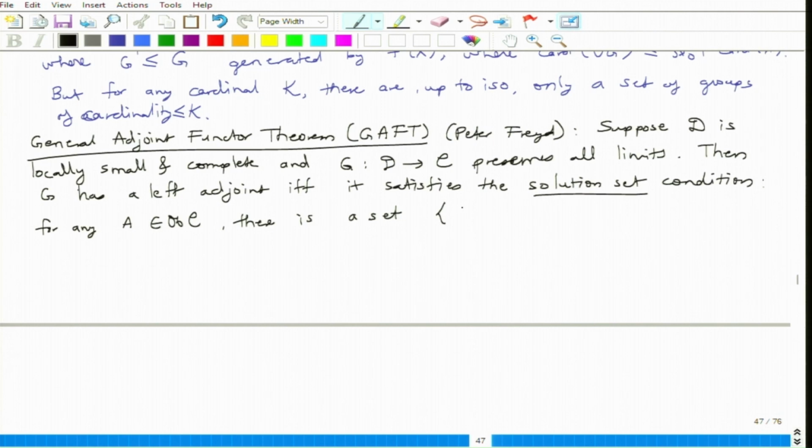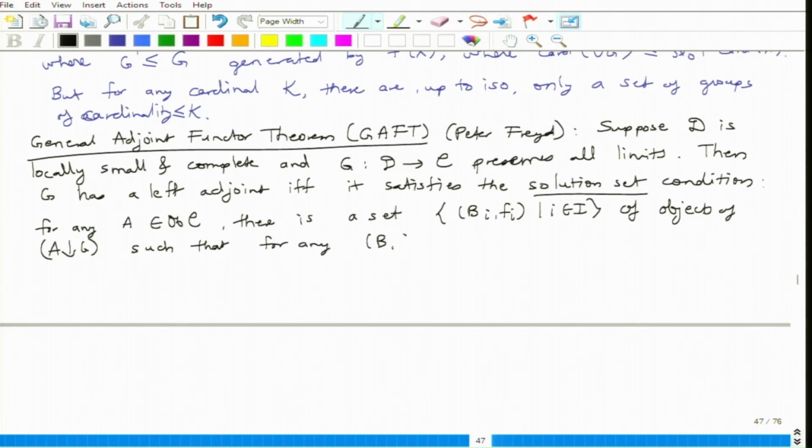A set {B_i, f_i} for i in I of objects of the arrow category such that for any other object of the arrow category, there is some i in I